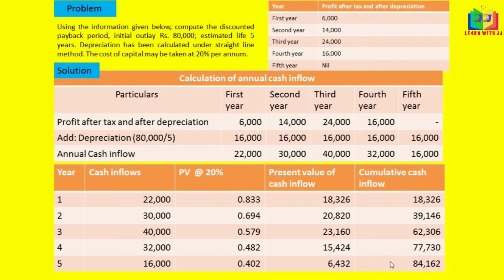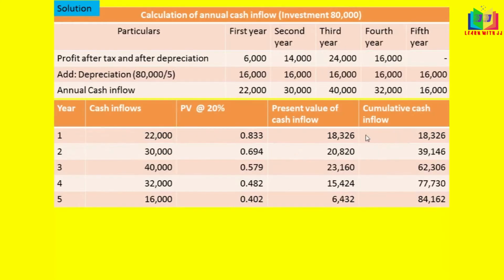Using this, we can find out the payback period. We do it the same way as we did for the simple payback method, and we do it for this discounted payback. The only difference is that the present value is calculated here, and the cumulative of this present value is taken for calculating the discounted payback period. There we don't consider the time value and don't find the present value of the cash inflows, but here we have to find the present value of cash inflow. That is the difference.